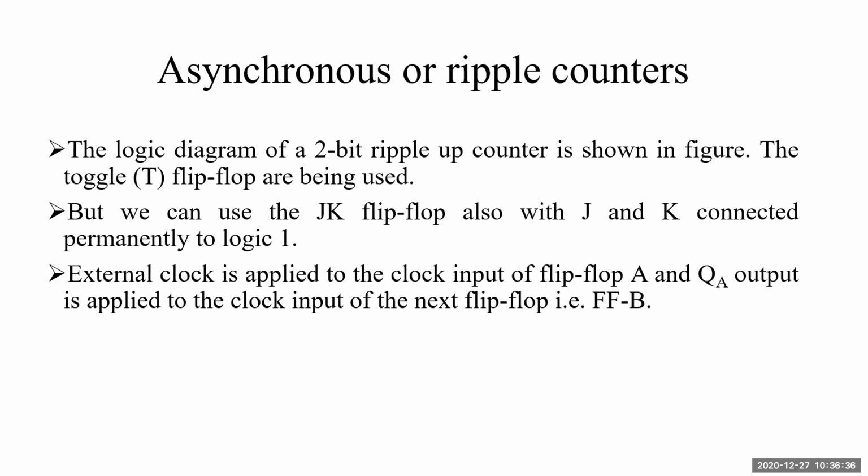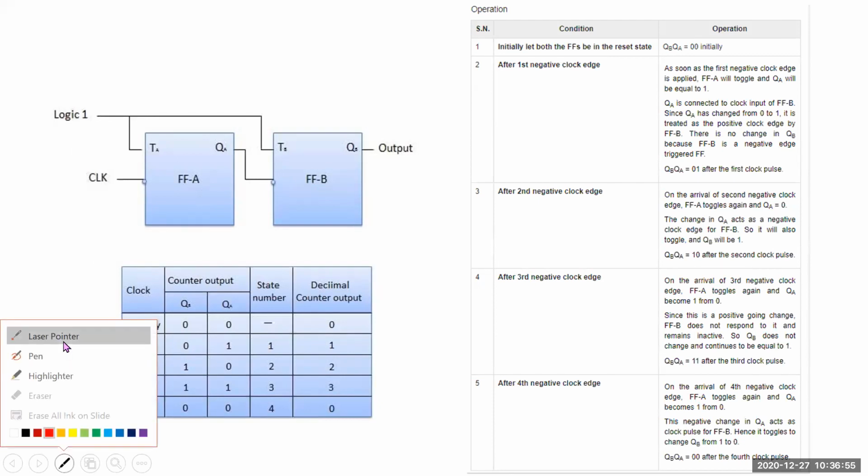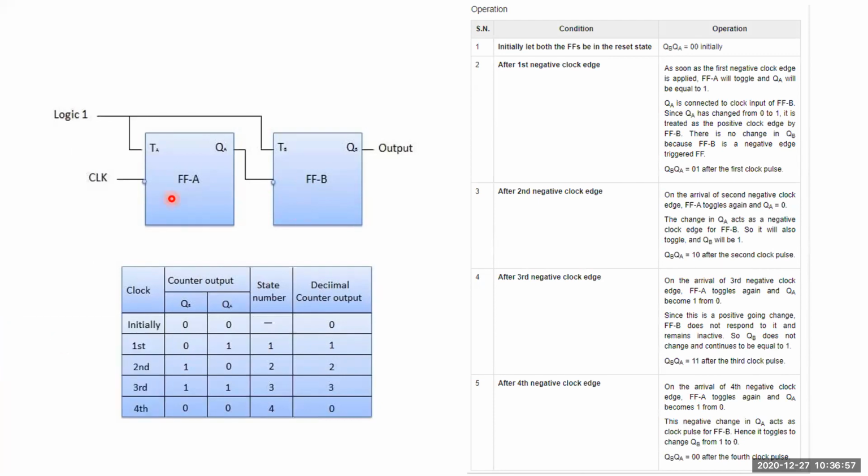First, an external clock is applied to flip-flop A, and then the output QA will be made as a clock signal for the next flip-flop. That's flip-flop A and flip-flop B. We can see the diagram now here. So see now, first you are having two flip-flops over here. The first one is called flip-flop A and the second flip-flop B, which generally are T flip-flops, toggle flip-flops, that have been used over here.